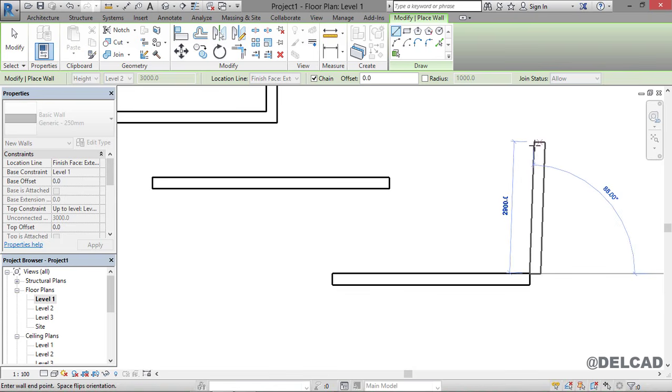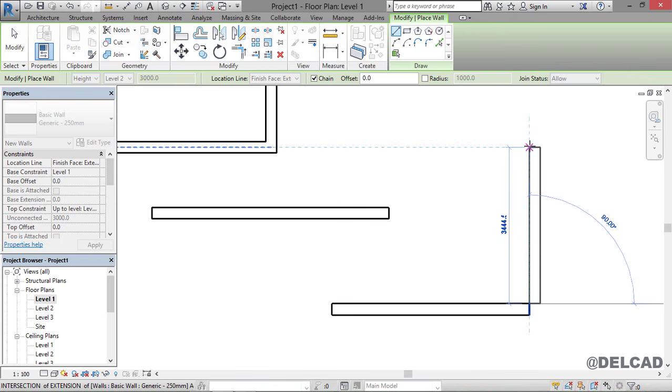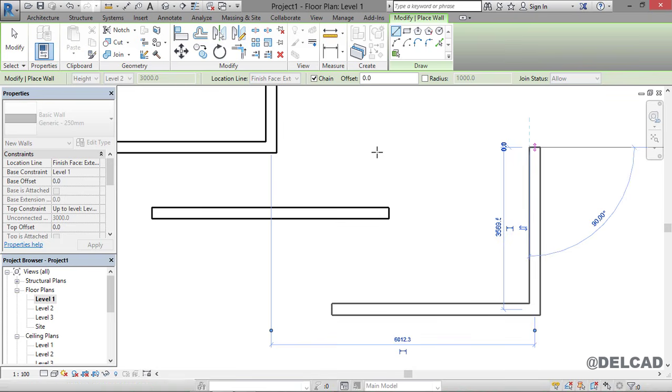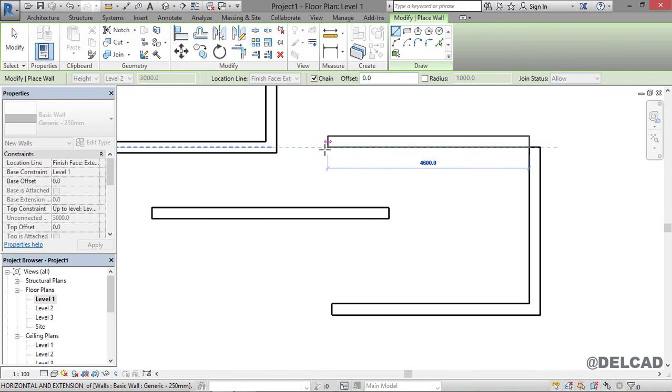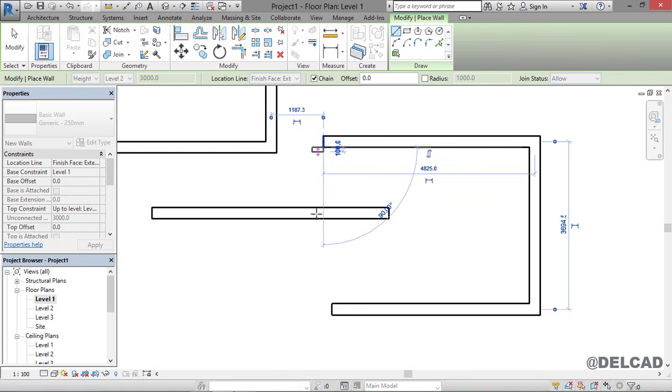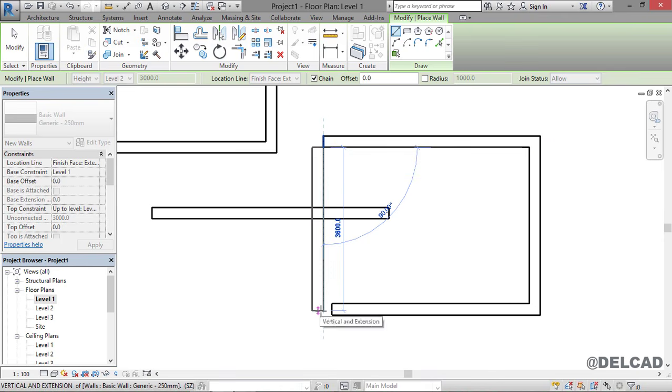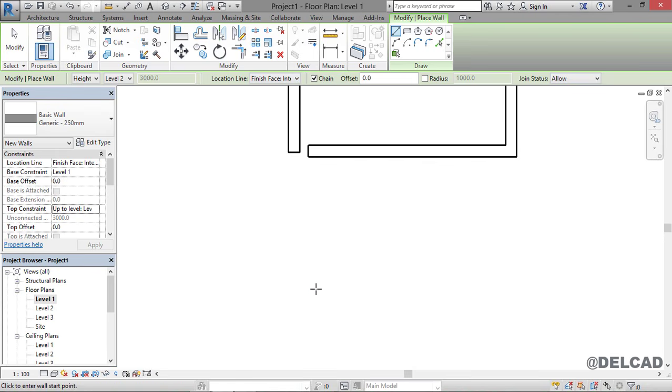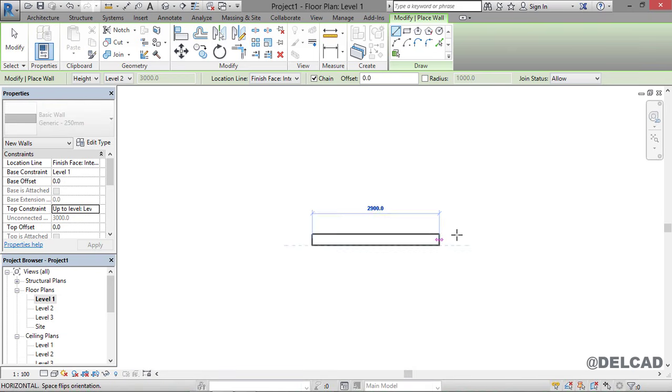So if you draw in a clockwise pattern like this, the location line is going to be basically at the inside of this very particular drawing, just like this. We can also change the location line from finished face exterior to finished face interior. And then again, when we try to draw these walls, you can see that the level or the position of